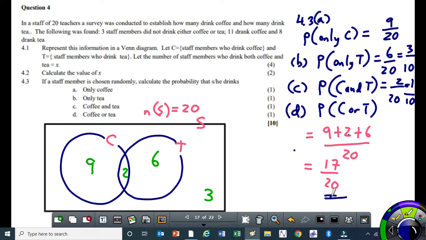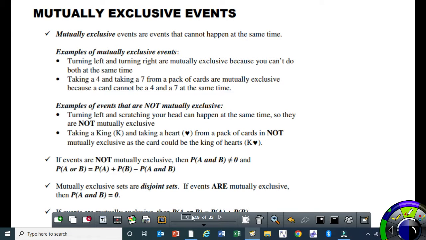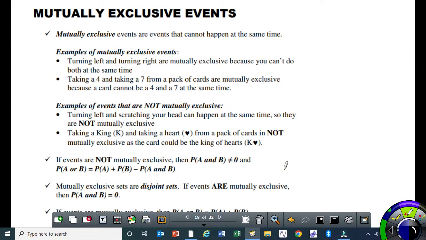Any question? Right, if you don't have a question, then allow me to just derive. I think I'm supposed to do it next. Well, okay, let me talk about mutually exclusive events, then I'll come to the derivation later on. Okay, the next aspect is mutually exclusive events. Alright, it's important for you to know that there are different types of events, but your curriculum focuses more on